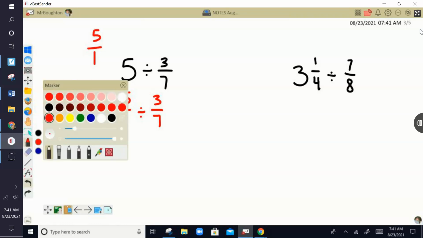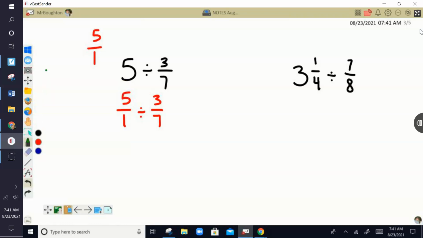So let's just do some green here. I want the denominator 1 to be a 7, so I'm thinking 5/1 equals something over 7. I know I can multiply by 7, and get 35/7. So my new math problem is 35/7